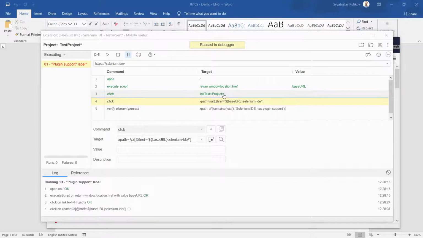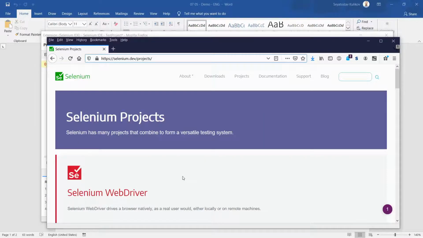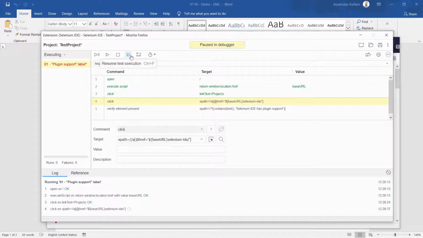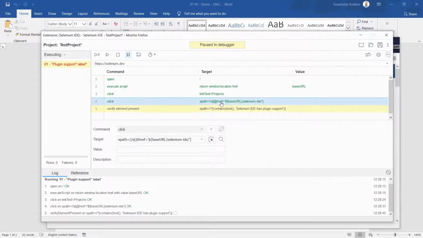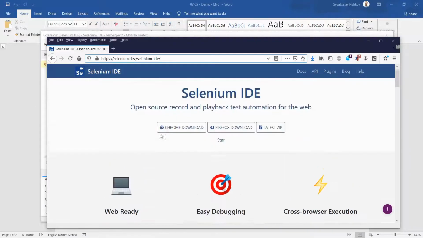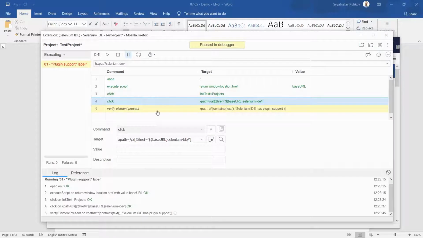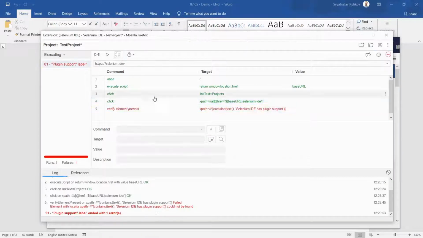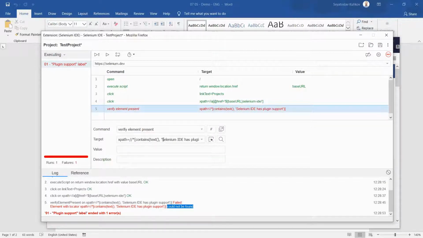So the new page was loaded. Next we are clicking on that link and the new page was loaded. And the last command is about verification of this element. We see no such element could be found. That's good because yes, for real, there is no such text on the page.